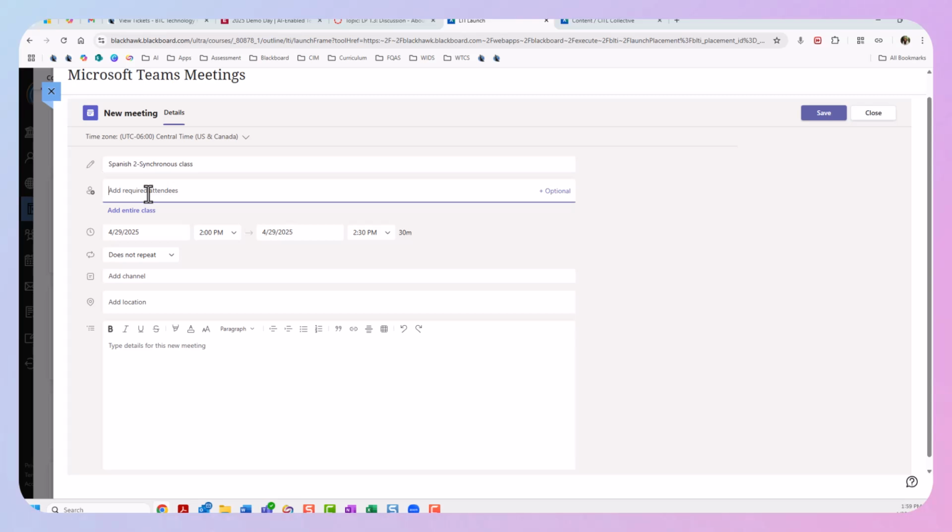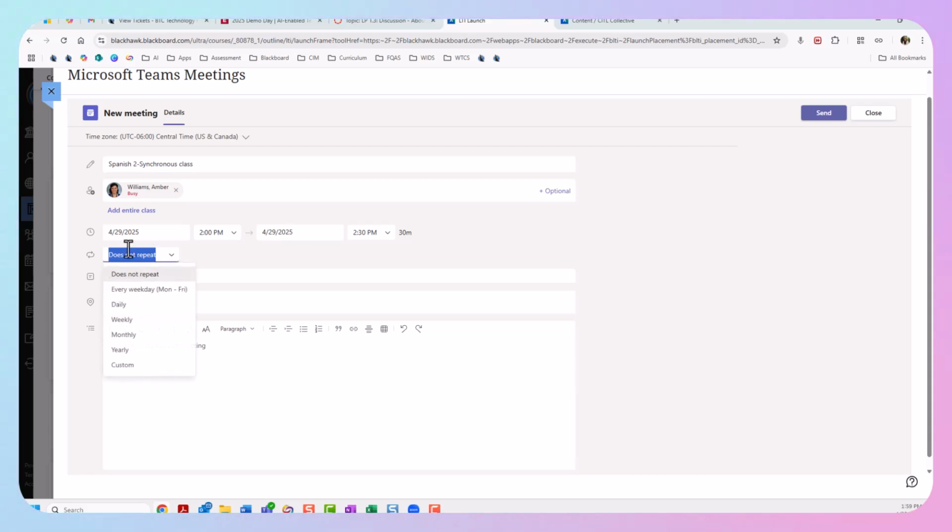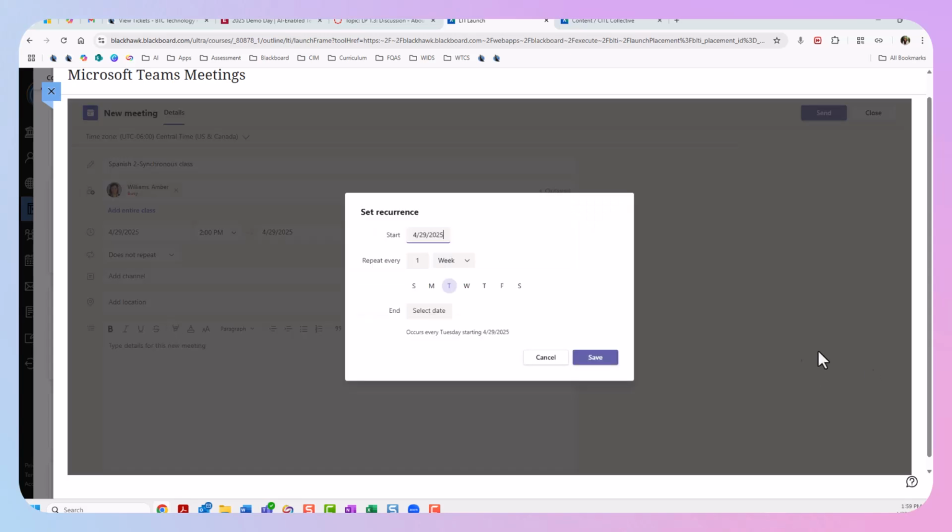For adding required attendees, I can automatically add anybody who's enrolled within the class simply by clicking on that. I'm the only one within this course, however. It defaults to today's date with the nearest time frame of a 30-minute time frame, but that of course can be edited. We can also make this a repeated occurrence. It could be every day at this time, or it could be weekly, custom, etc. Maybe I wanted it to occur all the way until the end of the term or semester, and I will